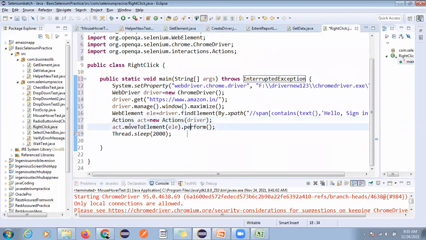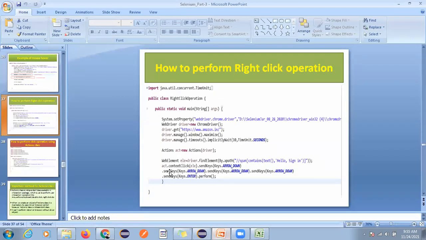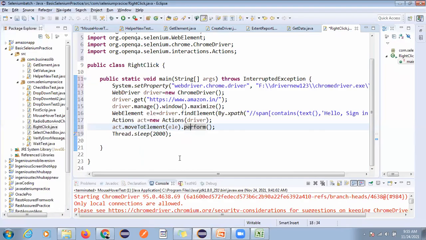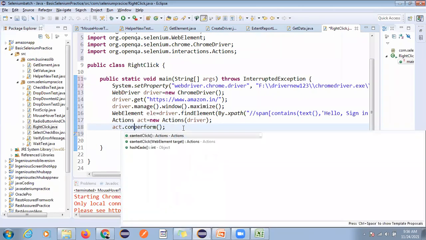Now, in place of moveToElement we have the method called contextClick. Just remove all these things.